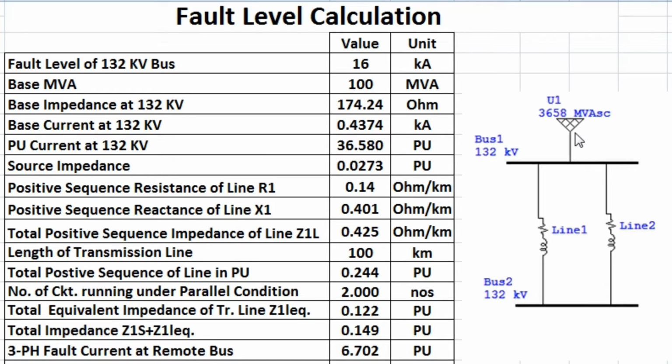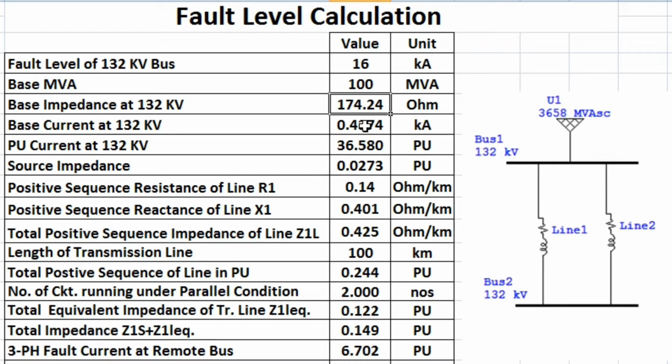The local end, that is bus 1, fault level in terms of 3-phase fault current is 16 kiloampere or 3658 MVA. In order to calculate the far end substation fault level, we have assumed the base MVA as 100 MVA. So the base impedance at 132 kV is kV square divided by MVA, that is 132 square divided by 100, which comes as